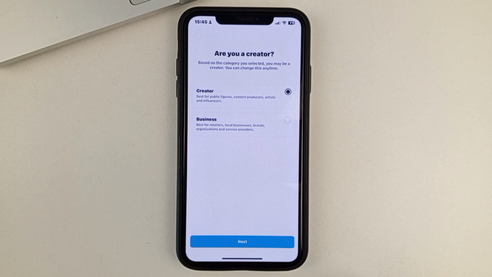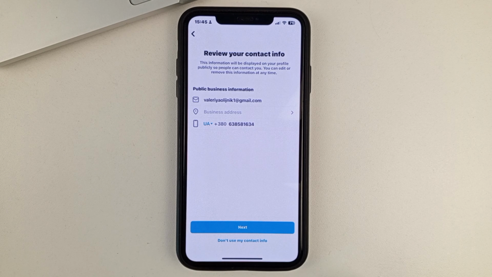And the next step, it is, you could say, the most important step. Here, as you can see, the default is creator, but you'll need to switch to business. And only then click Next. And here, friends, is where you'll be able to customize your location. Why did I say so in the previous step? Because if you would have clicked creator, then there is no way to customize your geolocation, your location, region, or country there, because only your email or your phone number, where you can be contacted, can be customized there.